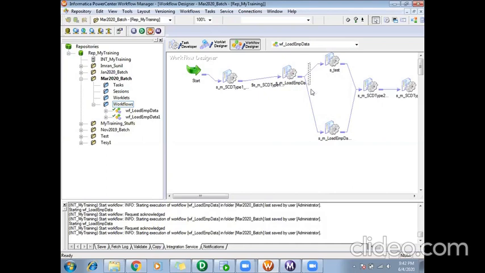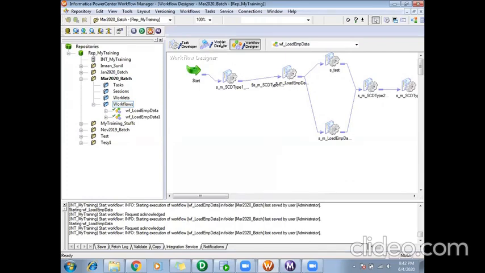Hope it's clear. And this is what I told you: sequence batch is running the tasks one after the other. Parallel batch means running the tasks in parallel. It always depends on your requirement. These are very common things you should know when you're working as a developer.